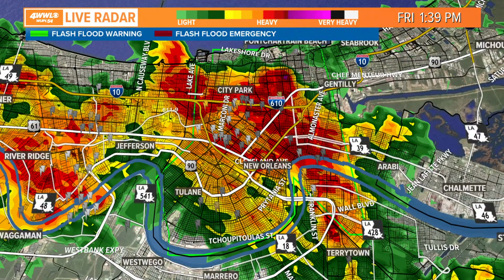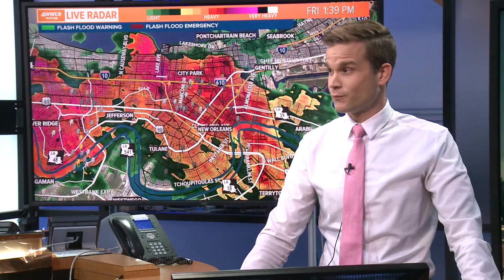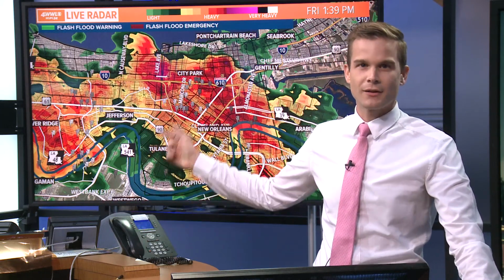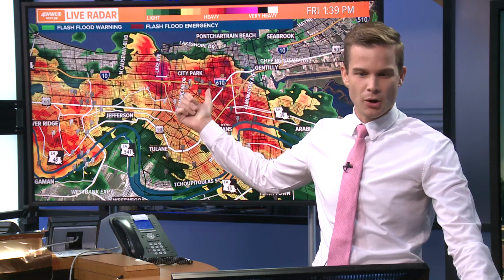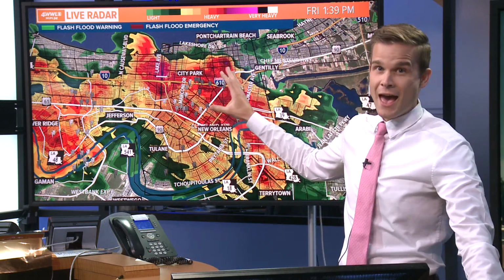If it's on the side of the street where the water collects very easily, so something to keep in mind. Just to recap here, we are watching a flash flood warning that has been issued for the New Orleans Metro. This is going to go until 4:30 p.m. and it includes most of New Orleans, from Uptown up through Mid-City, through Lakeview, City Park, up through Gentilly, the Quarter, Bywater, Marigny, all included in this, as we basically just have this huge blob of heavy rain,